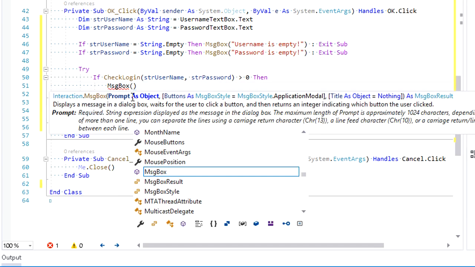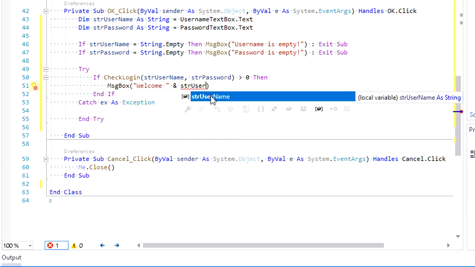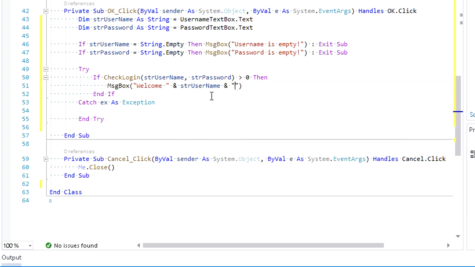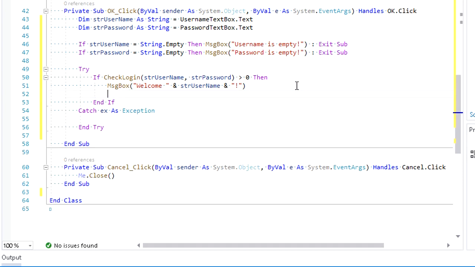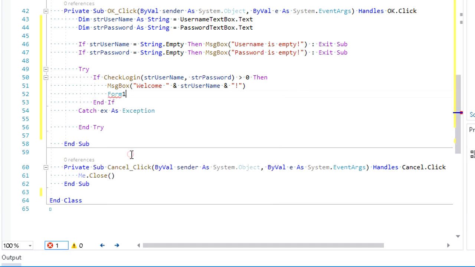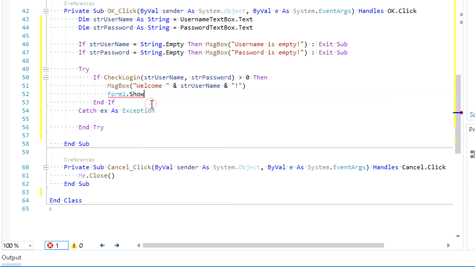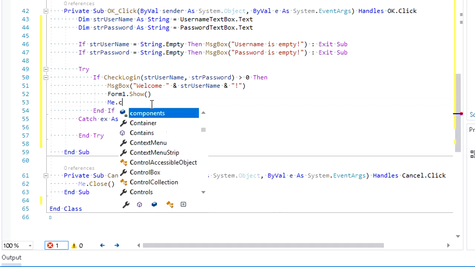If the username and password match, then give a welcome. Then we call Form1 as the display after login, and the login form will be closed by the code Me.Close.